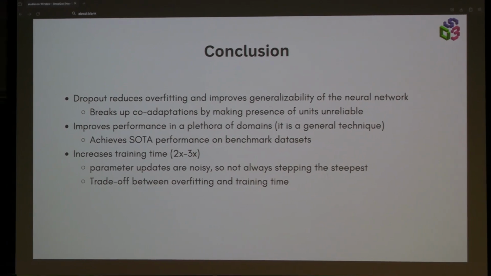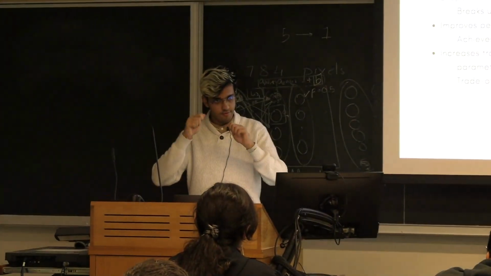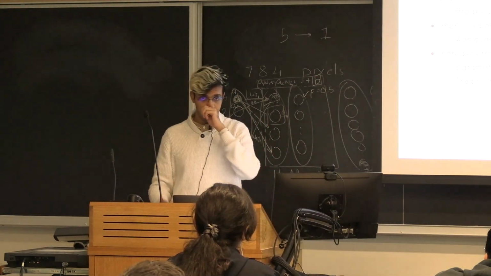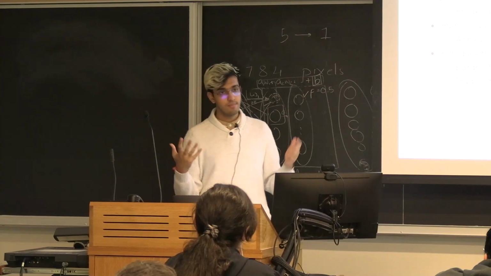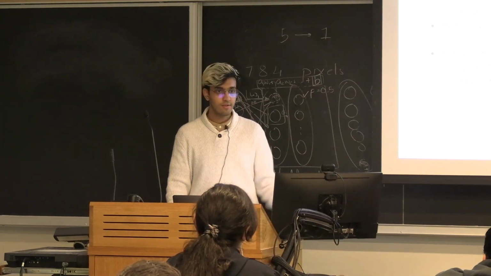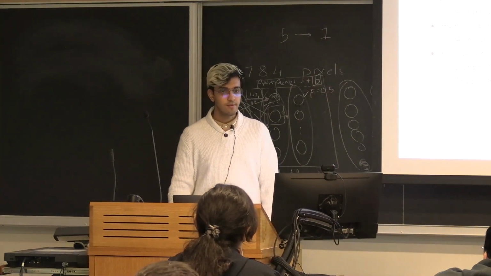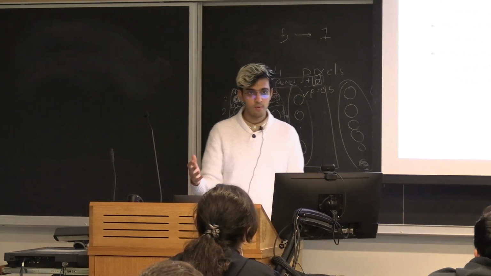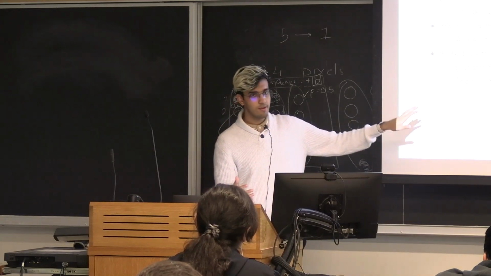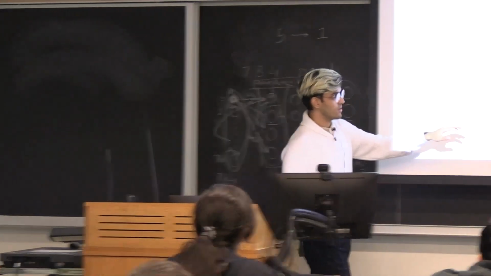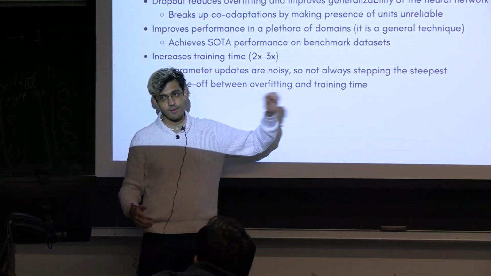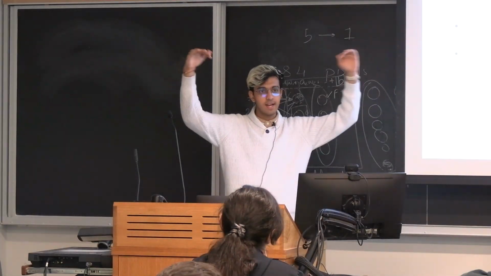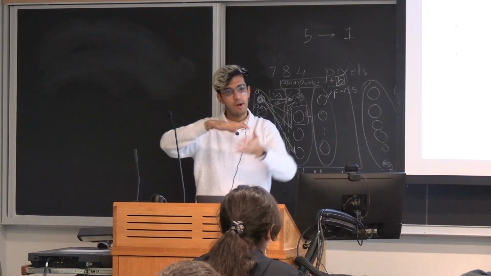When you're doing the backpropagation task of tweaking the weights to update the output so that it matches the expected output, you're not always doing so in the most optimal way. Why? Because you don't have half the nodes, right? So instead of finding the most optimal tweaks to get to a working solution, this is sort of suboptimal. I like to call it stepping the steepest. In terms of gradient descent, it essentially means you're trying to find a minima. You're trying to minimize the error rates.